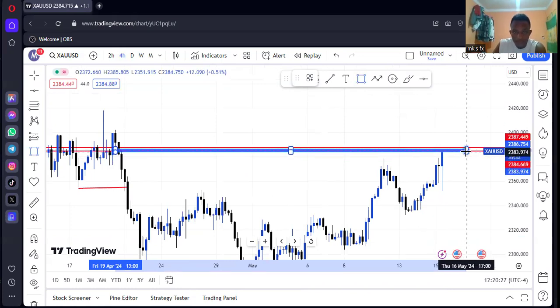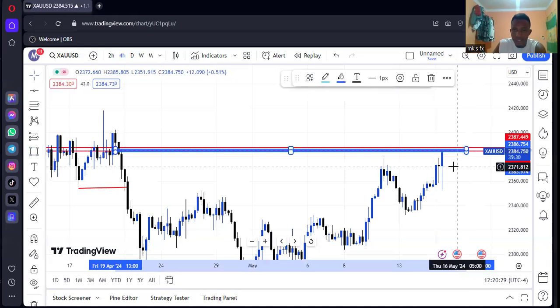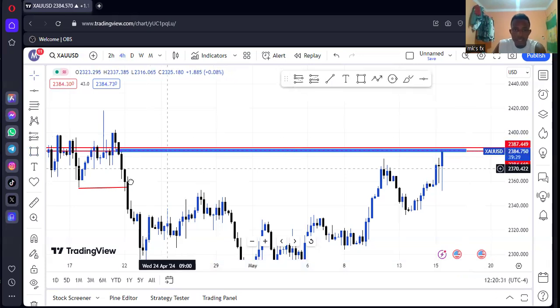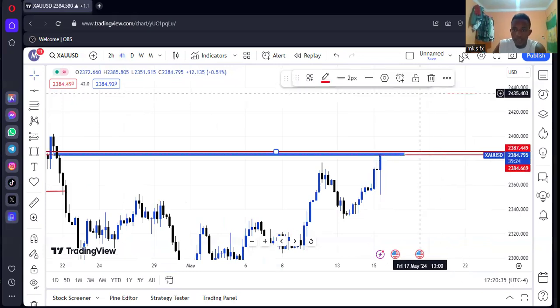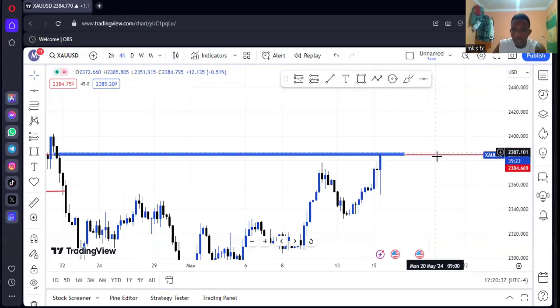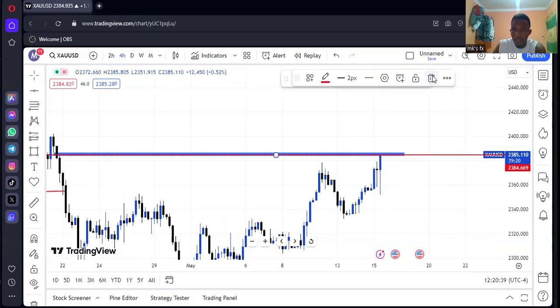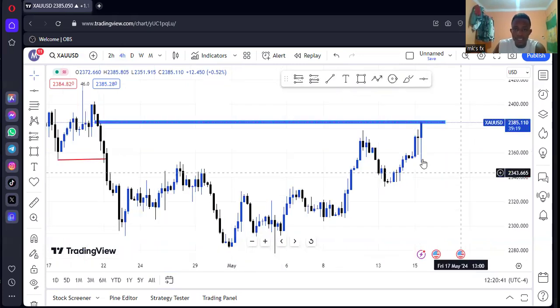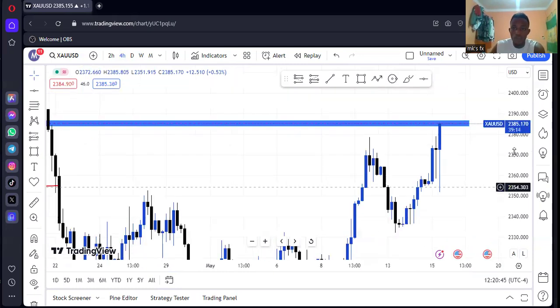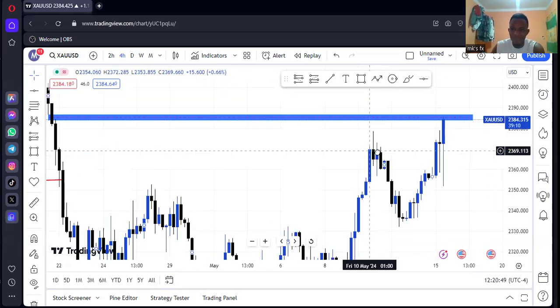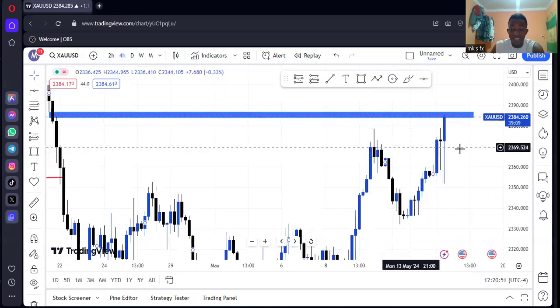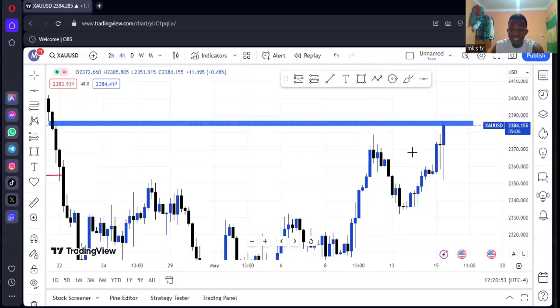So that is it, guys. Here it is. I'm just going to take this off. So guys, this is it here. So that is my fair value gap, and I'm expecting gold to respect this. Don't mind about the buy pressure, guys. Don't even bother about this buy pressure. I don't care.